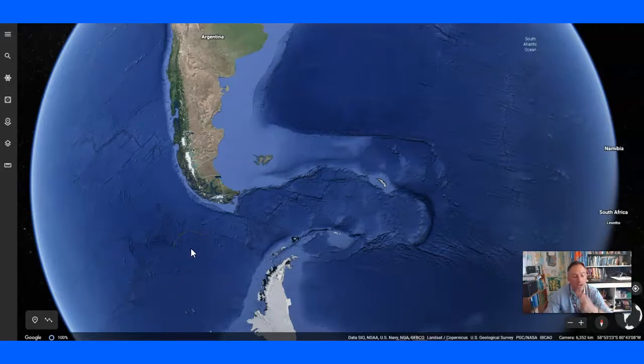This is the dreaded Drake Passage. Drake Passage right through here. So write that down, Drake Passage on your paper right there. Okay,